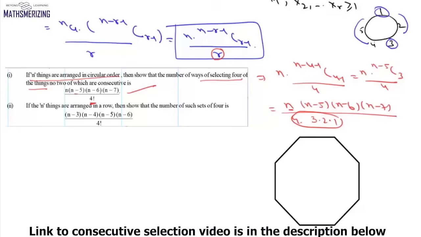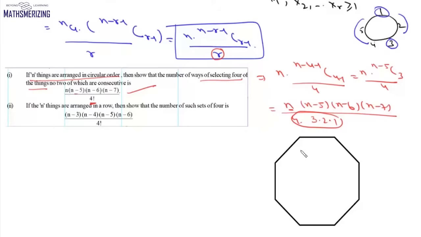Now previously in consecutive selections we did one problem in which we figured out the number of triangles that can be formed from the vertices of this octagon so that they do not have a side common with that of the octagon. Now another way of solving the same problem is if we select any 3 vertices on this octagon which are non-consecutive, then this triangle and octagon will not have any common side. So if we have to find